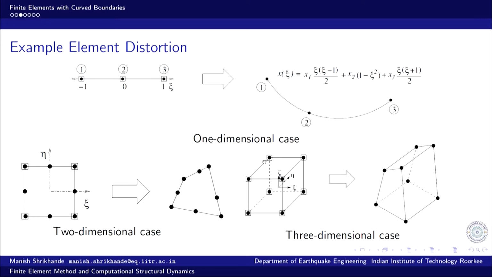So, this plane is defined by zeta is equal to plus 1, the bottom plane is defined by zeta is equal to minus 1, this side is defined by xi is equal to plus 1, the opposite side is defined by xi is equal to minus 1 and these two faces are defined by eta is equal to minus 1 and plus 1. So, they together represent the finite domain bounded by the natural coordinates xi, eta, zeta ranging between minus 1 to plus 1. So, that gives us a very standard format.